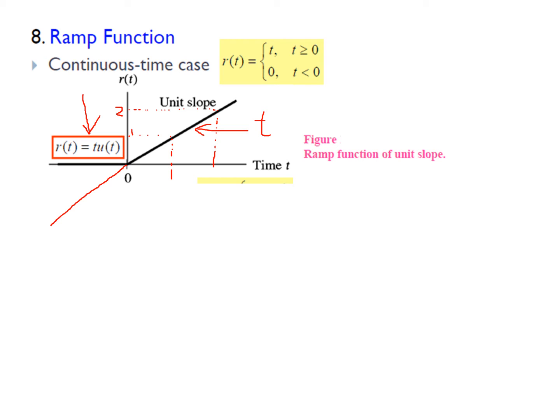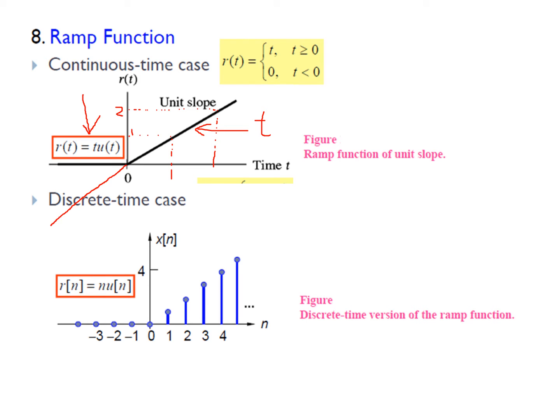So next, if I want to represent the same thing in discrete time, how to represent the discrete time ramp signal? This is what happens in a discrete time scenario. It is a sampled version of the continuous time signal. Therefore, the signal looks similar. In the place of t, there is n. x as a function of n, a ramp signal, is described similar to your time domain signal.